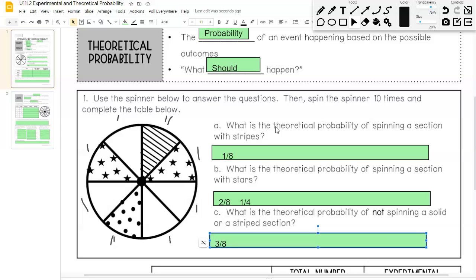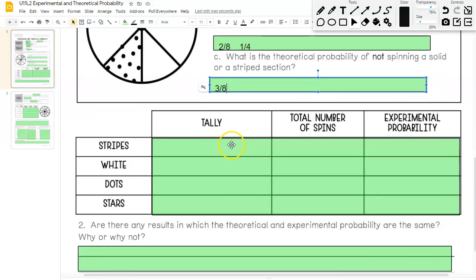I've got 4 solid, and then 2 polka dot. 2, 4, 6, 10. So I can clear this out. The total number of spins was 10. Thus the experimental probability was,